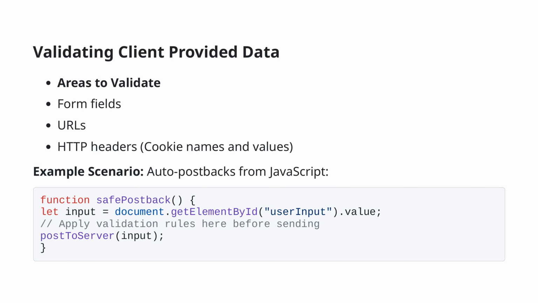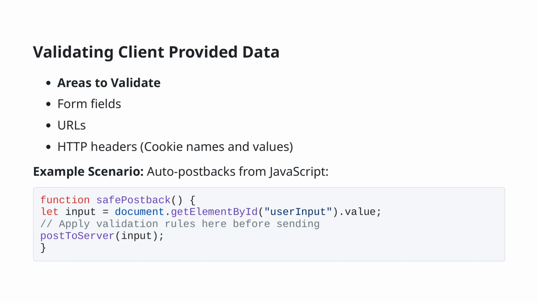When discussing validating client-provided data, it's crucial to recognize the different areas that require validation. These areas include form fields, URLs, and HTTP headers, such as cookie names and values. Each of these components can be manipulated if not properly validated. Imagine a scenario involving auto postbacks from JavaScript. In the example provided on the slide, we have a simple function, safe_postback. function safe_postback() { let input = document.getElementById('userInput').value; // Apply validation rules here before sending POST to server(input); }